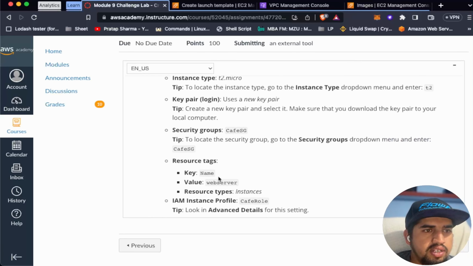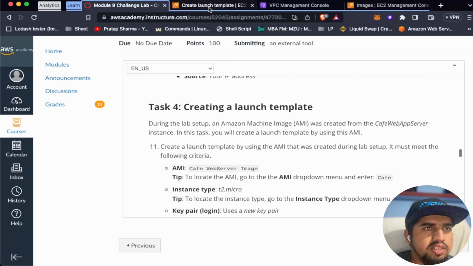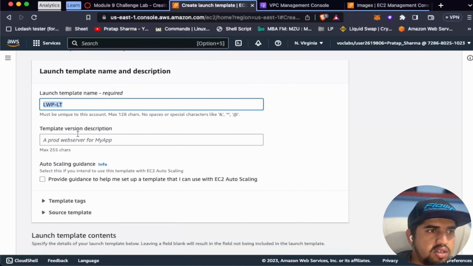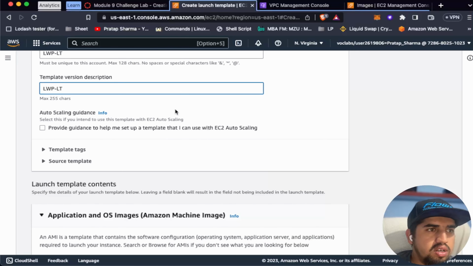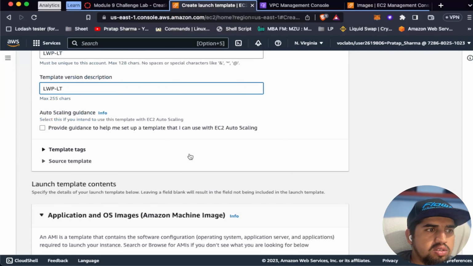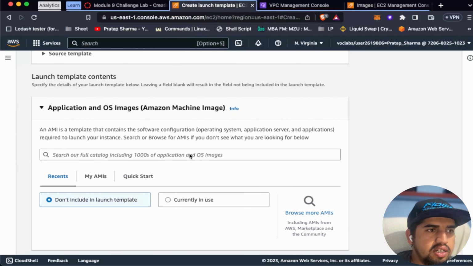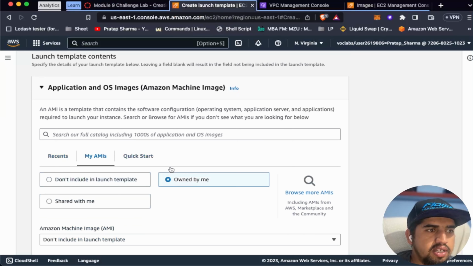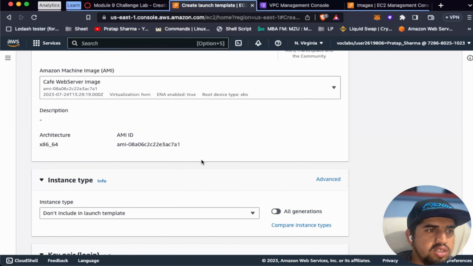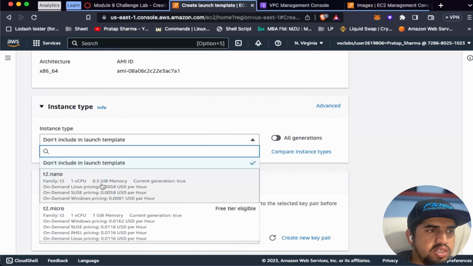So do we have any name? We don't have any name, so let's give it a name. Let's say learn with Pratap launch template. Let's follow along. We need to choose an AMI. Let's say My AMIs, owned by me, and we should select the Café web server image. The instance type should be T2 micro,